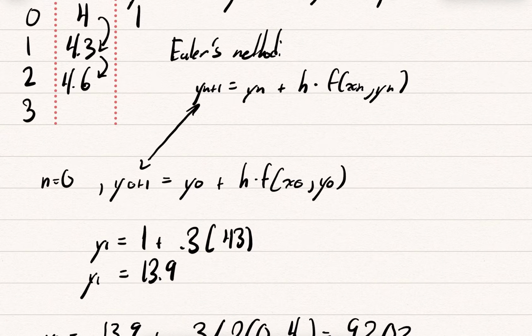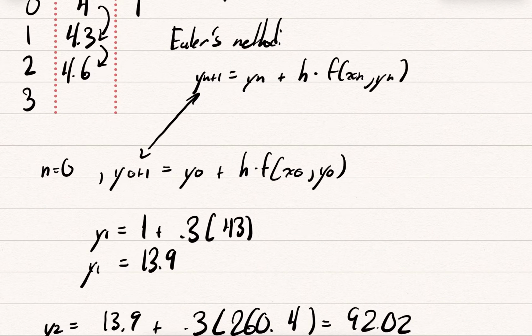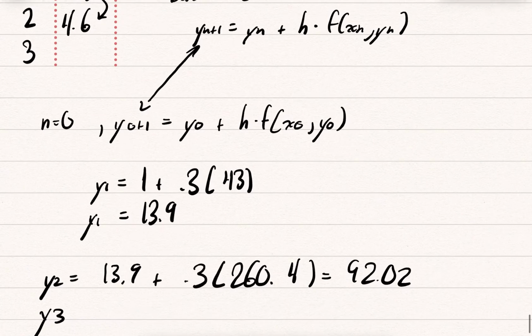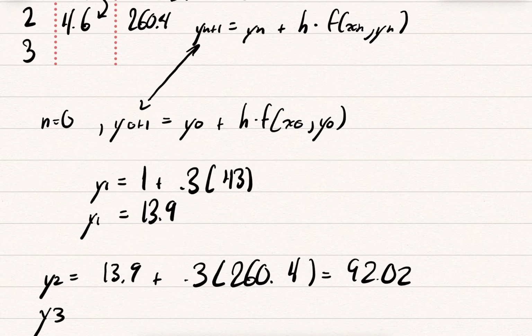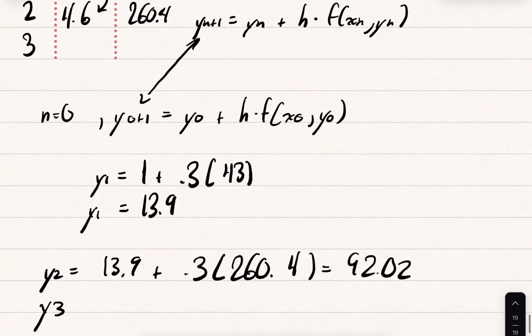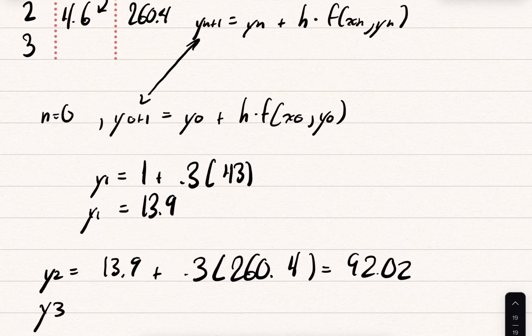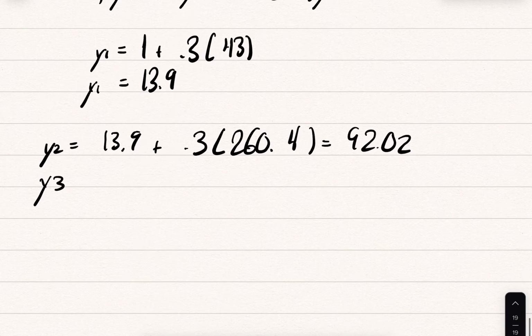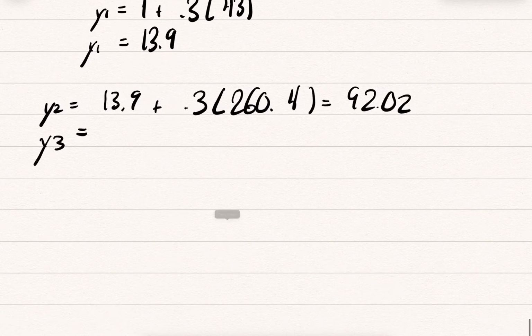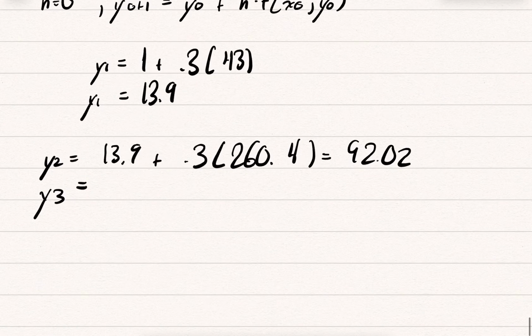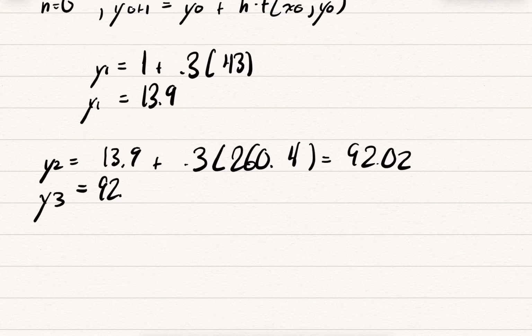Because we're going by our step size. And then at 4.3, we got our y1 is 13.9, and then here we got 260.4, okay? And we're going up until y3 because they're asking us for y at 4.6, right? So we're just computing this value, and this is our final answer, just so we're clear. So we're gonna get 92.02 plus 0.3 times